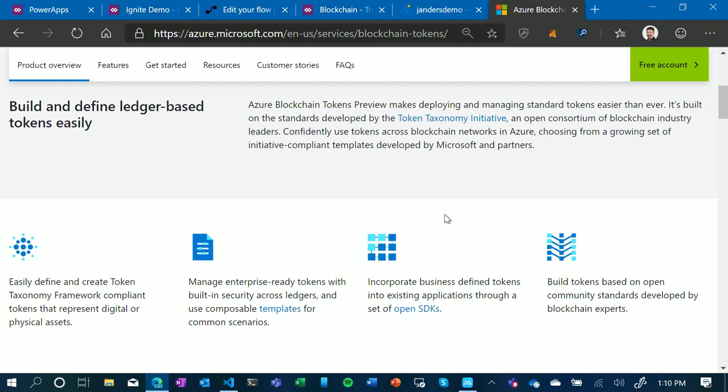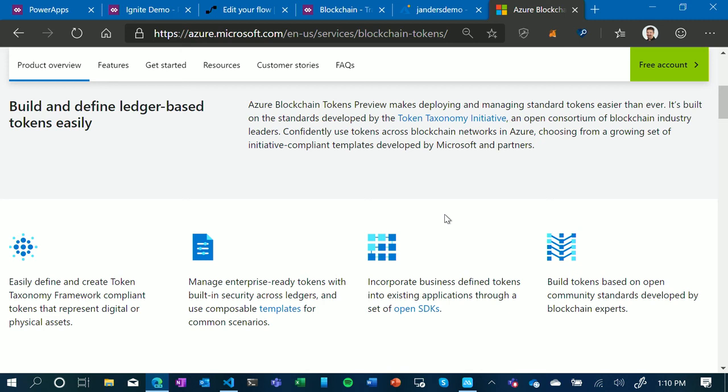For example, in a trade agreement scenario, if I wanted to pay using crypto, I could send that PO and then have it connect to the Ethereum public blockchain and pay for it in Ether, or Bitcoin and pay for it in Bitcoin. So connecting those chains together is an example. So having a common token definition can then span different types of not only applications, but different chains as well. So Azure Blockchain Tokens is in preview to do that.